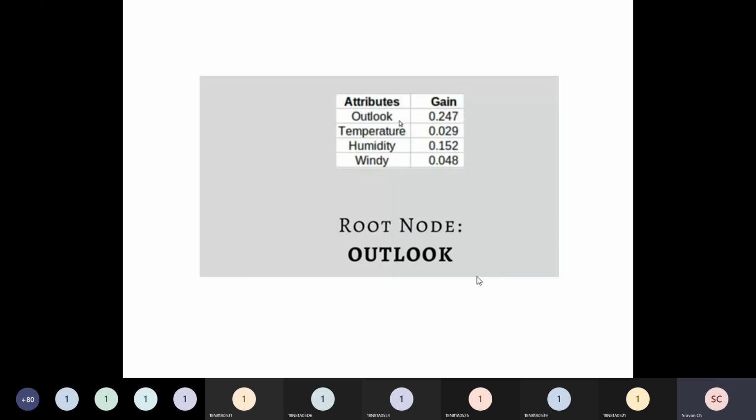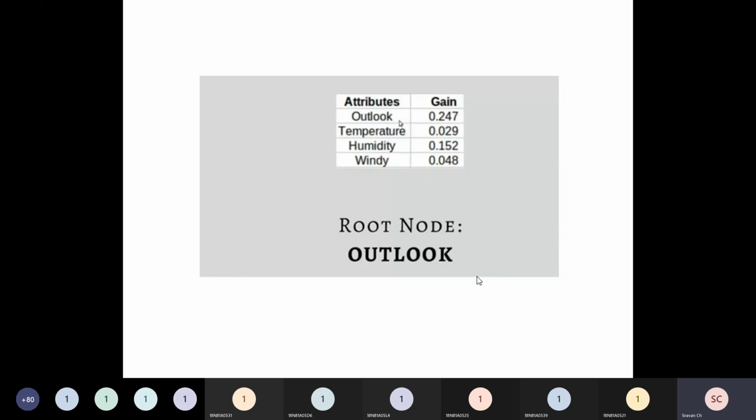So 3 children will come, 3 lines will come out of that root node. In that, one is overcast, and all 4 combinations of overcast show that they are positive examples. So straight away after overcast, I will write yes, and that yes is my leaf node. Fine. So one value of the Outlook parameter, which is overcast, is handled, no issue. Now how about sunny and rainy? That we have to see.